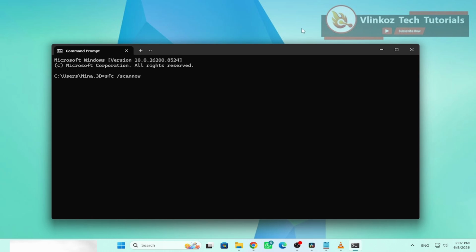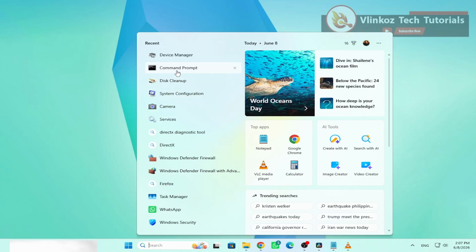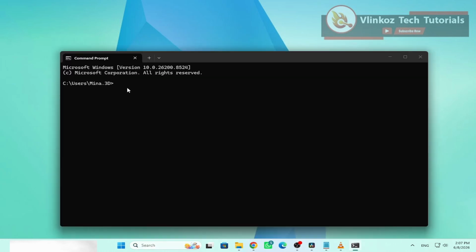The second solution is to perform a check disk scan. Again, open command prompt as an administrator. In the command prompt window, type the command